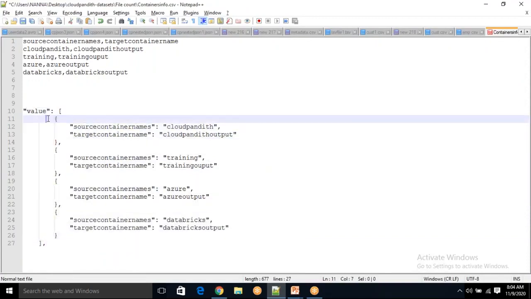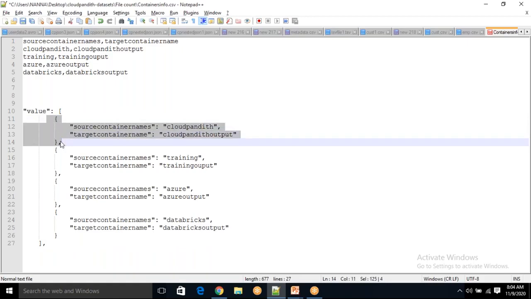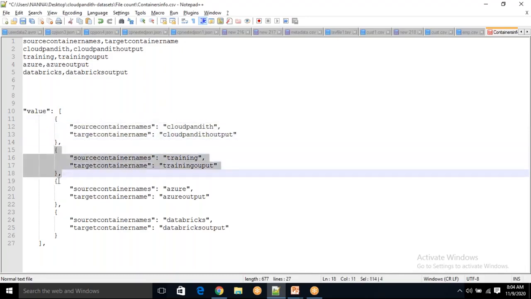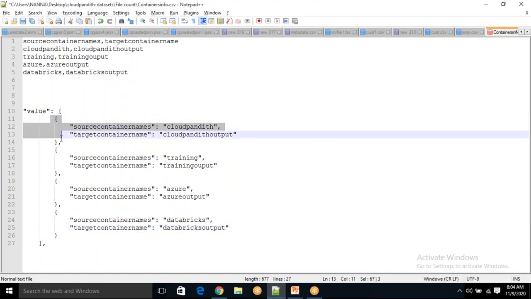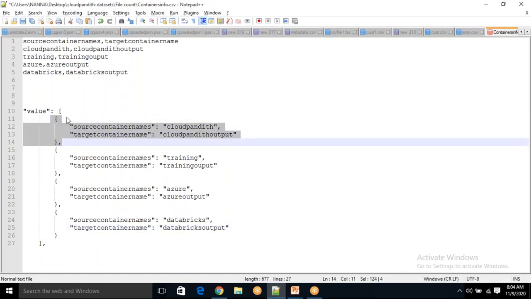Okay, first time, for each will give only this item. Please remember, only this item it will give first. Next it will give this, next it will give this. Now my get metadata activity, when for each has given this item to the get metadata activity,